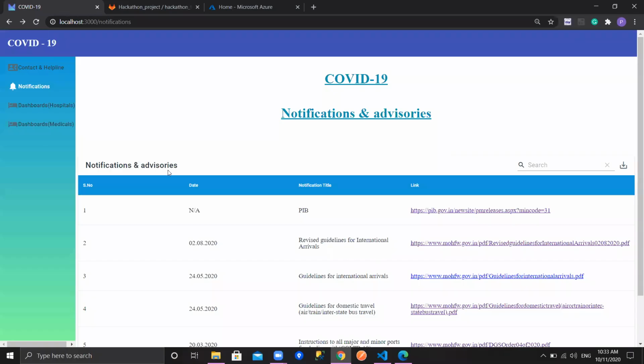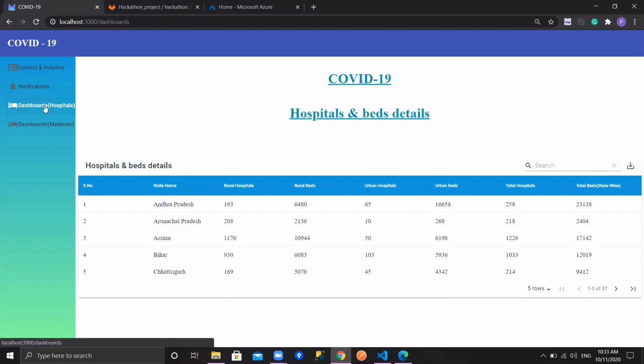Our third task is displaying the hospital dashboard. In that hospital dashboard, we have two subcategories: hospital beds and medical college beds. Here also, we provided the search option, download option, and page option.